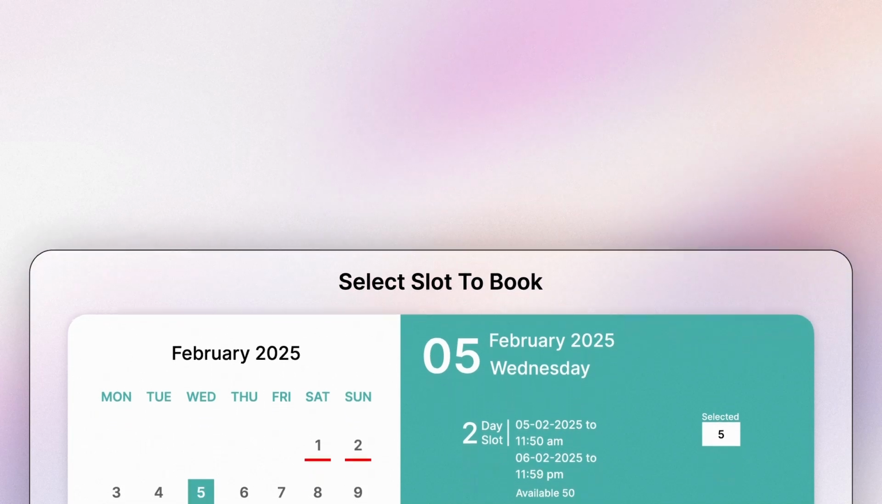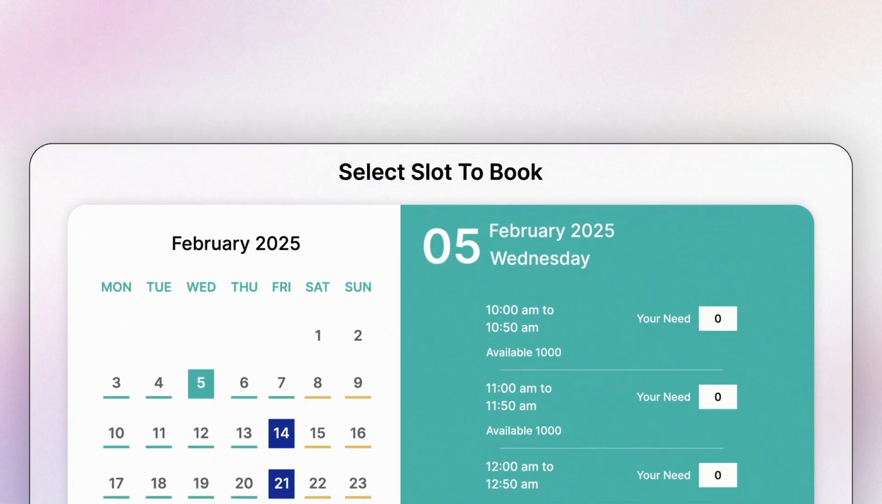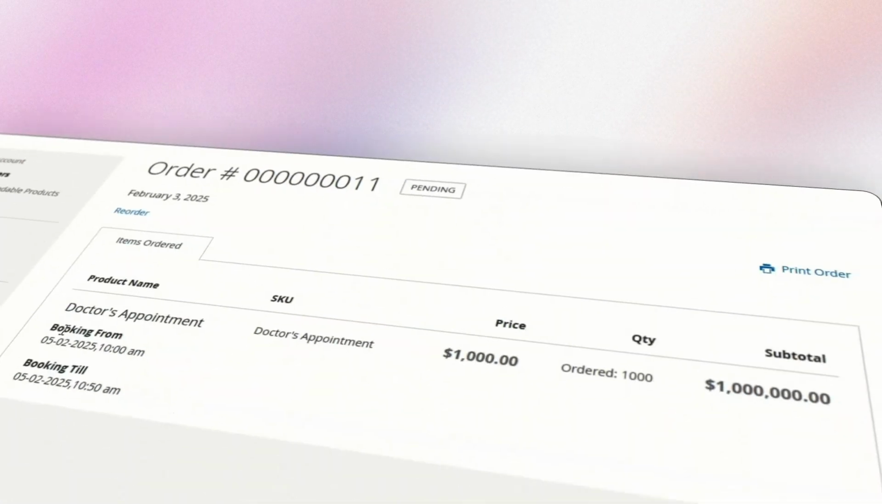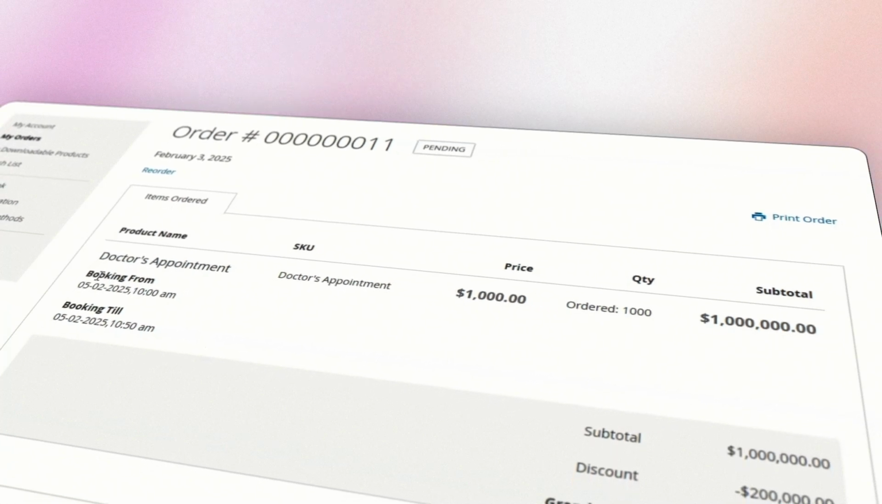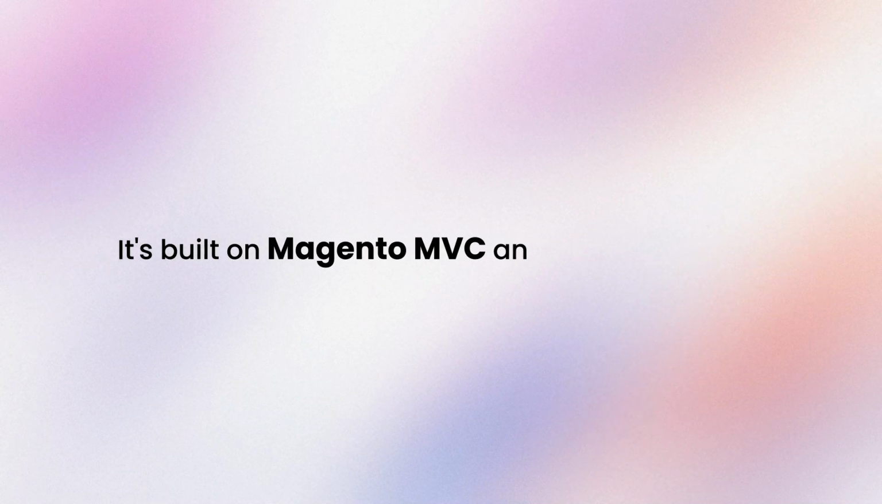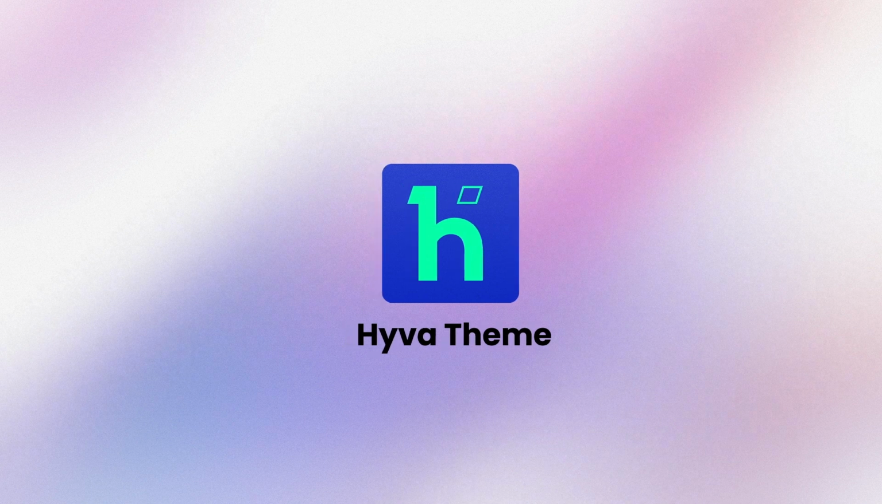This extension allows you to create a single booking for multiple days or several bookings in one day. With slot-based quantities and dynamic event creation, managing bookings becomes effortless. Customers can see booking details directly in their cart, and admins can easily reserve slots. It is built on the Magento MVC and ORM systems, and it is compatible with the Hiva theme and includes